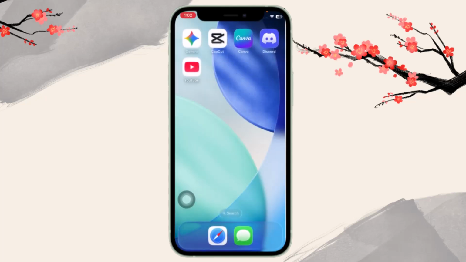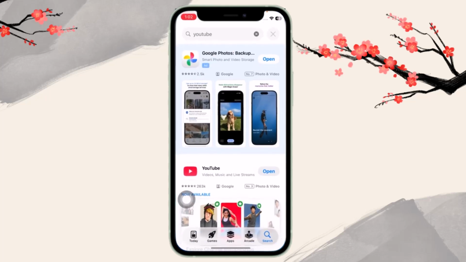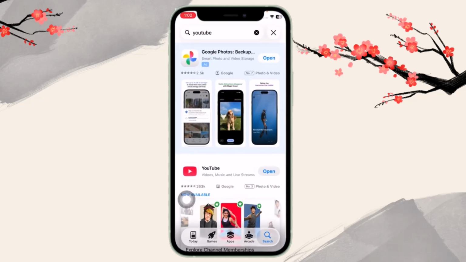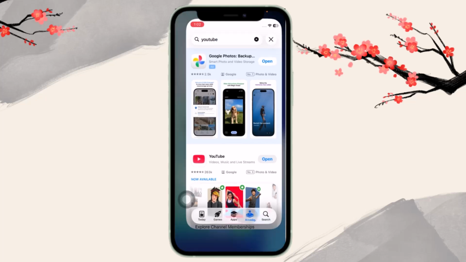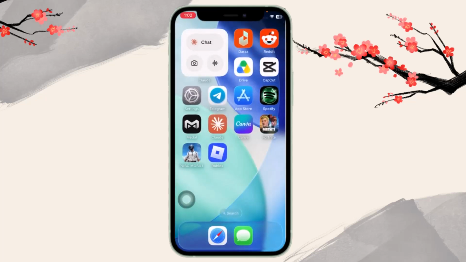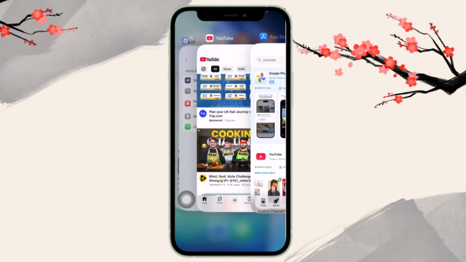Next, you need to make sure your YouTube app is updated to the latest version. For that, you need to go to App Store, search for YouTube and then tap on Update if it appears. After that, fully close the YouTube app and reopen it again. You can do that by swiping up from the bottom of your screen and removing the YouTube app from the